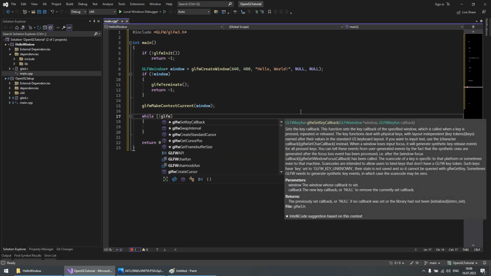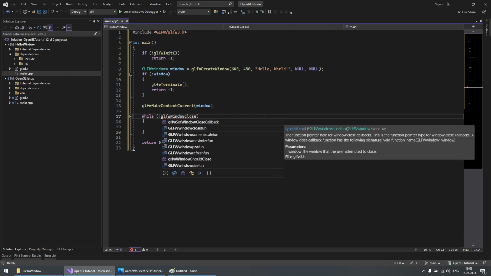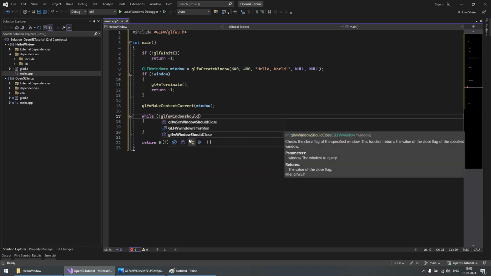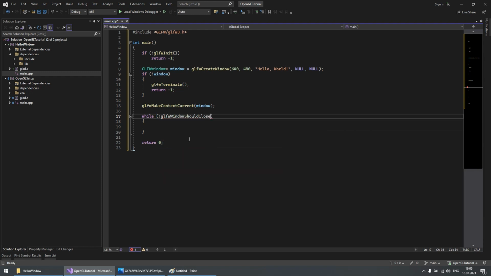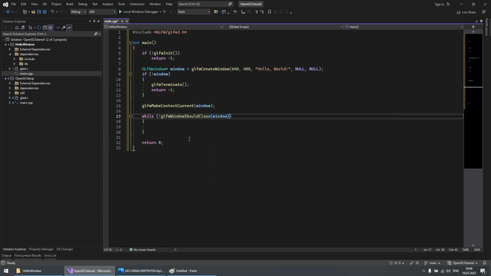The function is glfwWindowShouldClose, and we pass window. It checks if the window shouldn't close, so keep the while loop. Otherwise, go outside of the while loop.